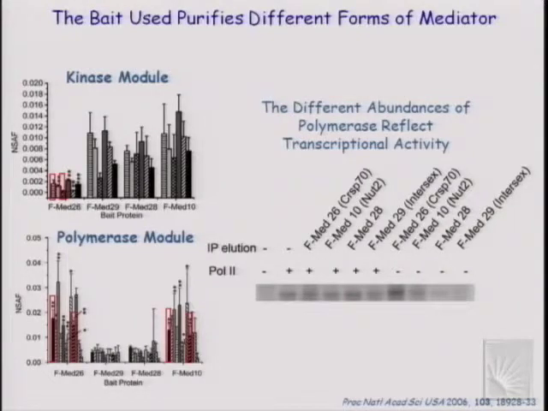So we have this actual functional significance of this quantitative analysis, where this ratio and balance of polymerase to kinase allows for activity, whereas in other cases, the kinase module, in the case of Med10 in particular, we start to become competing against each other because this is thought to be repressive and this is thought to be an activative type of form of mediator. So this is a type of study that we're doing a fairly significant amount of these days in a lot